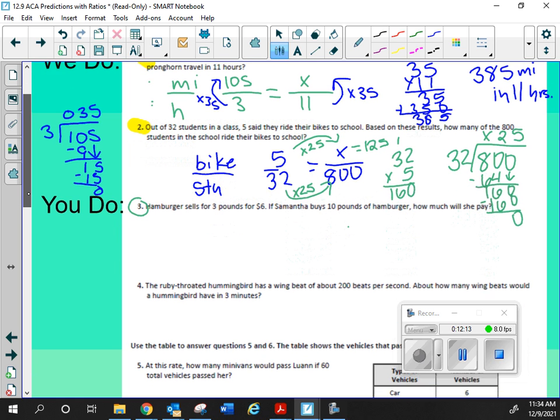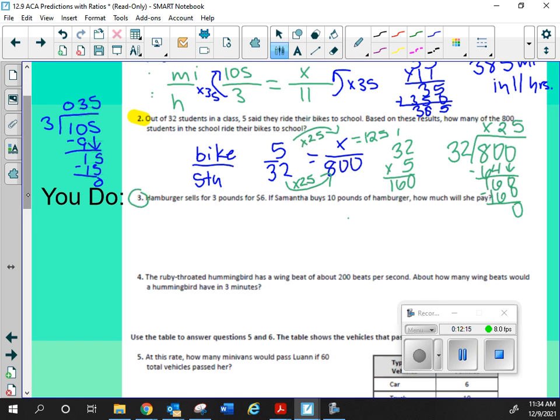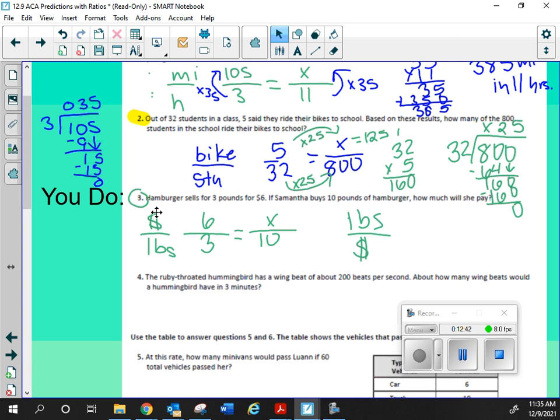All right, let's look. What did y'all put on top in your proportion? Money. Monies and counts. Doesn't matter if you switched it. Okay, let's do it both ways. You don't have to do it both ways, but see which way that you did it. Over here, what would I put over what? 6 over 3, and I put the 10 on the bottom. Very good. So up and down or side to side over here? Up and down. How do I go from 3 to 6? Minus 2. And that would give me,